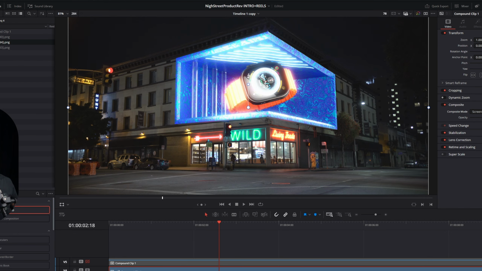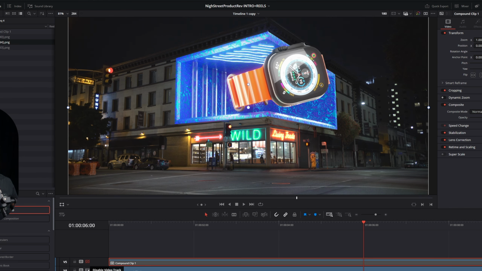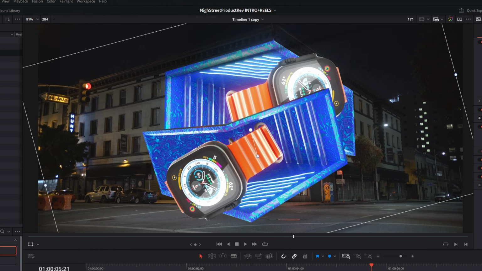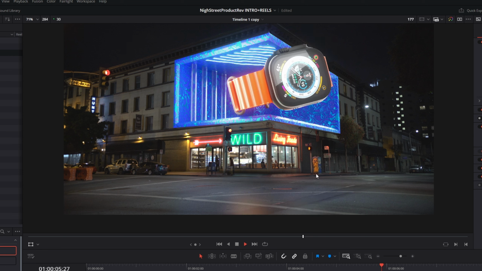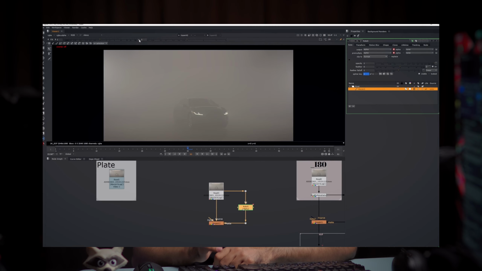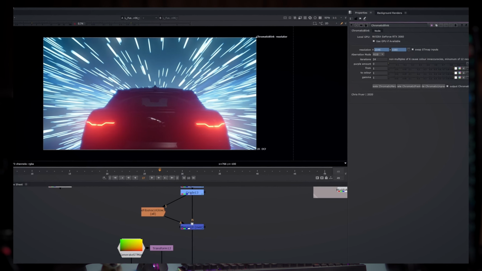After rendering the sequences, we will do compositing, where the real game begins. Means where we bring extra details into our shot. I will show you how you can bring 20 to 30% extra details into your shot with compositing only. I am saying this with experience because if you don't have any knowledge in compositing, you will keep struggling to get the exact same level of quality which you have seen in your reference work or from where you get the inspiration, and you're trying to create something similar to that. But trust me, every big artist does compositing where they enhance their shots and make them pop and stand out. So make sure to watch this complete tutorial.